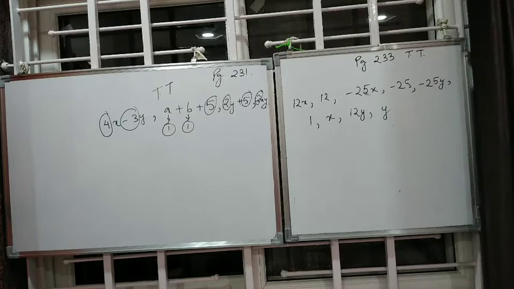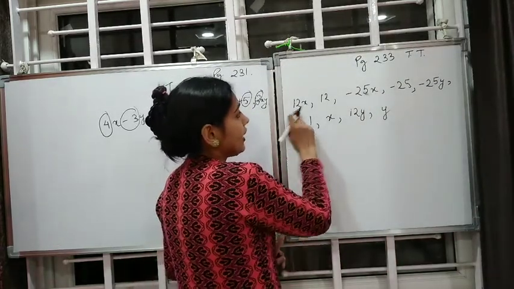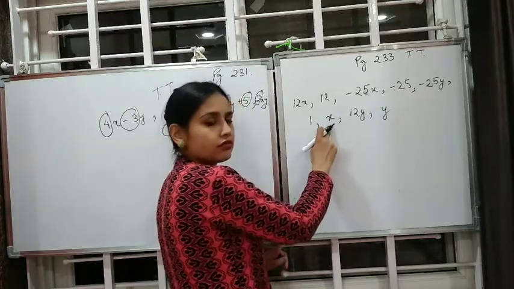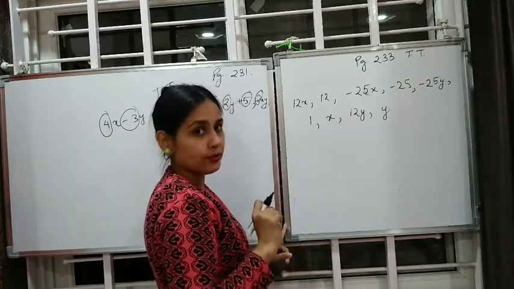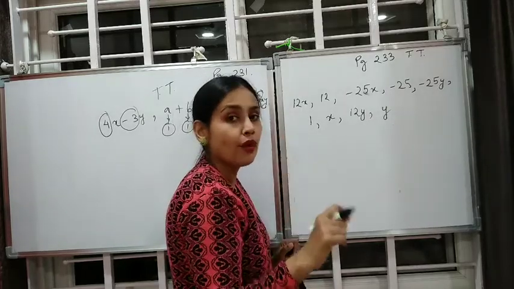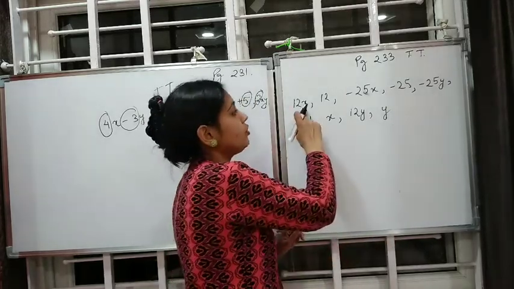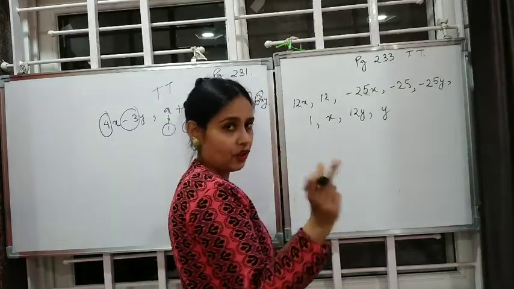So children, we have to group the like terms. So let's start. So all the terms with the variable x will have a common variable x. So they all are like terms. Do you remember the like terms? What are the like terms? The terms which have common variable. Okay. So whenever you see x, they are like terms. One set of like terms.